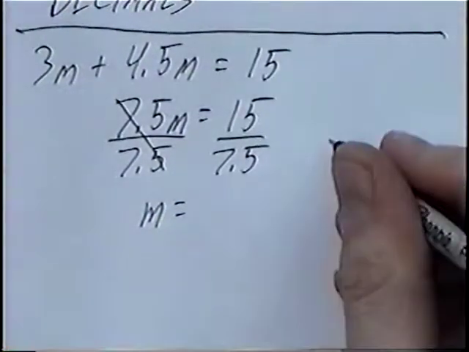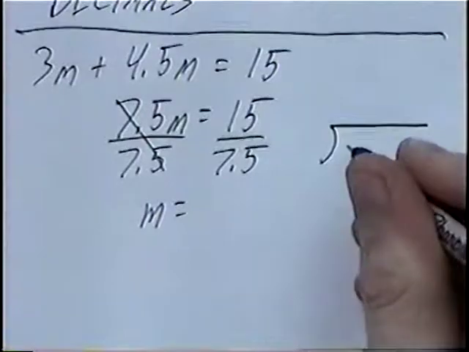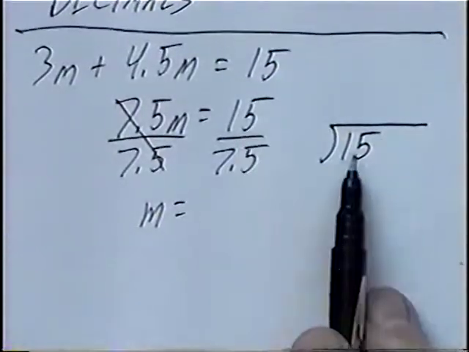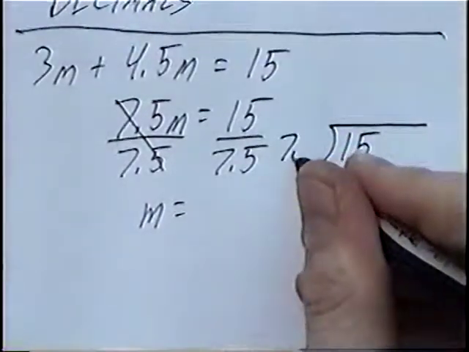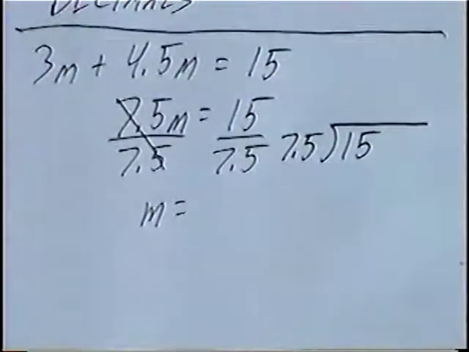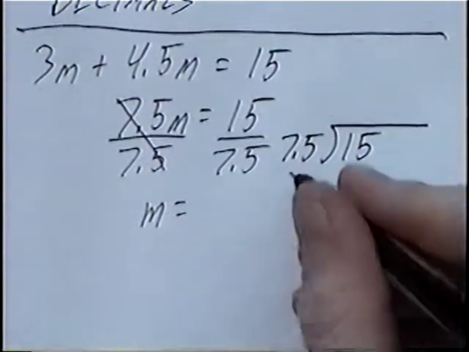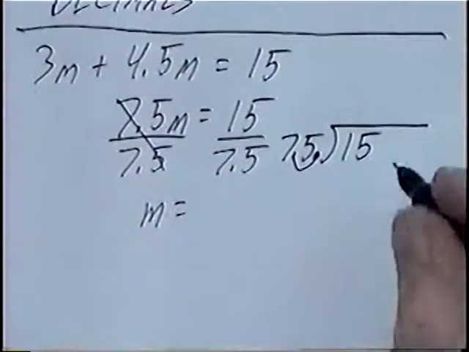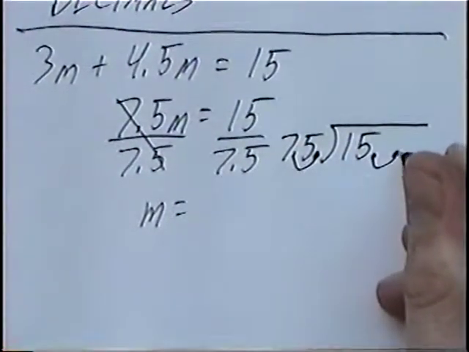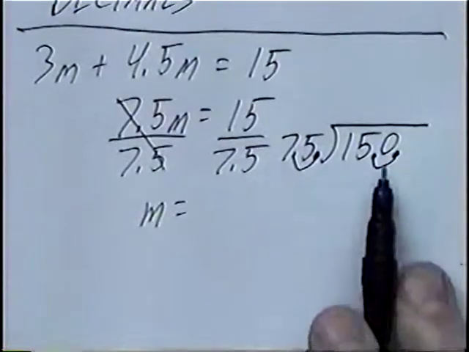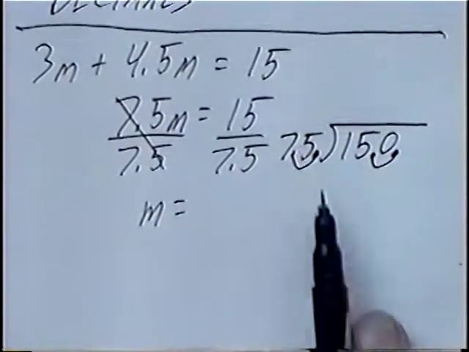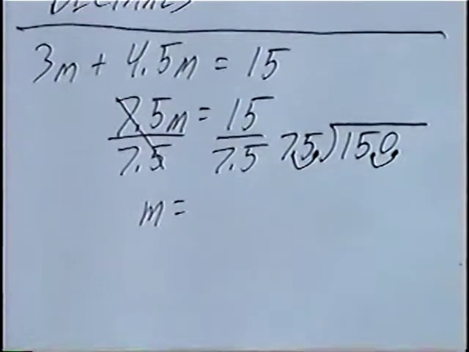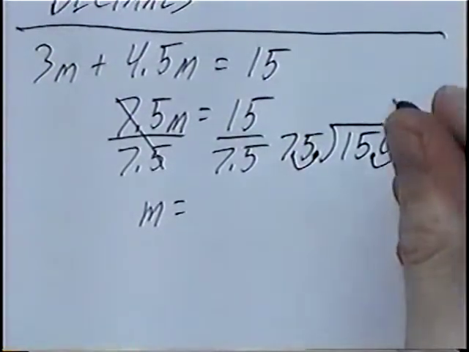to divide decimals we can use long division. The numerator or top number goes inside and 7.5 goes outside the denominator we're dividing by. 7.5 we can change into 75, and if we move the decimal once, we'll move the inside decimal once and add a 0 if necessary. 75 into 150 goes twice,